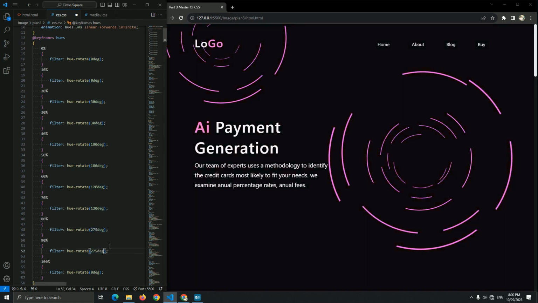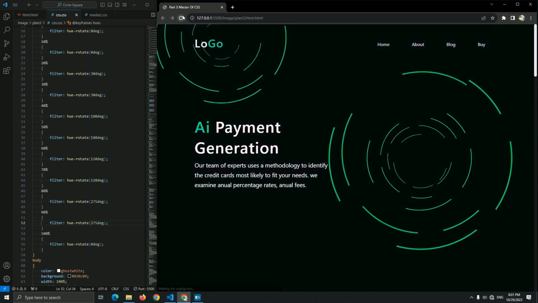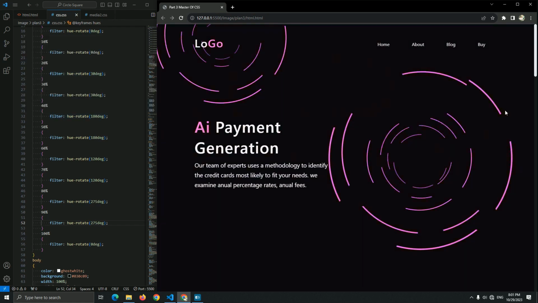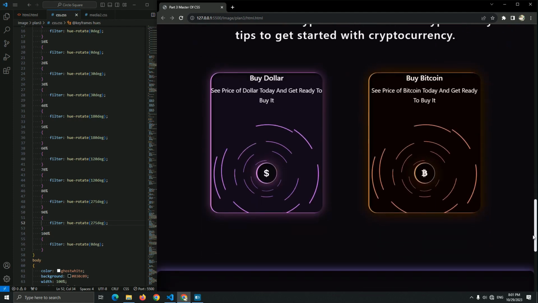Let me just copy paste it here, and 100% be a 0 degree. So let me just see the website and see the color. So as you can see right now, it starts from the 30 degree and goes to 180 degree. And yeah, this is the animation of the changing color.